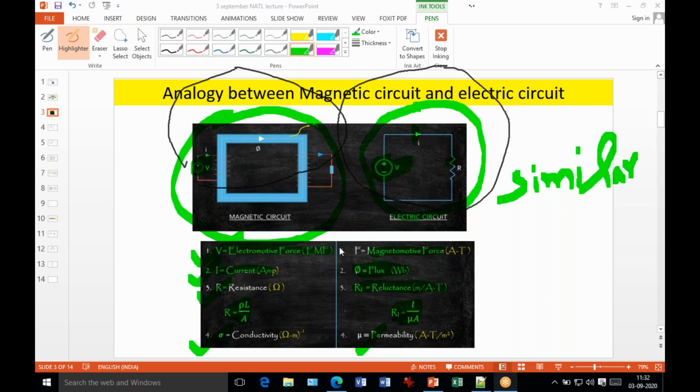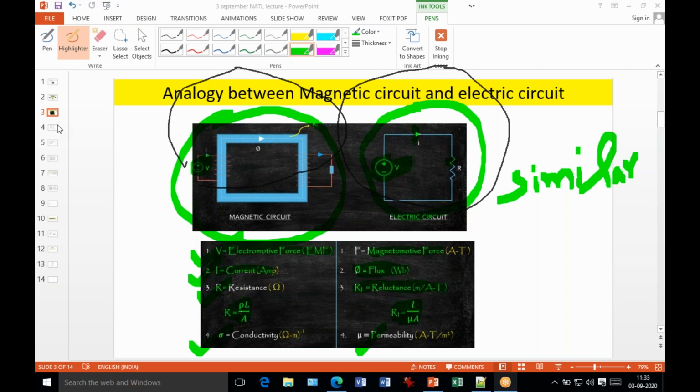Okay, so that is a similarity between electrical and magnetic circuits. I think a small picture is now developed in your mind of the electrical network and the magnetic network. Here the current is available, but in the magnetic circuit the role of current is played by the flux. And in the electrical network the resistance is available, but here the role of resistance is played by the reluctance. So now you have some awareness about the magnetic circuit.